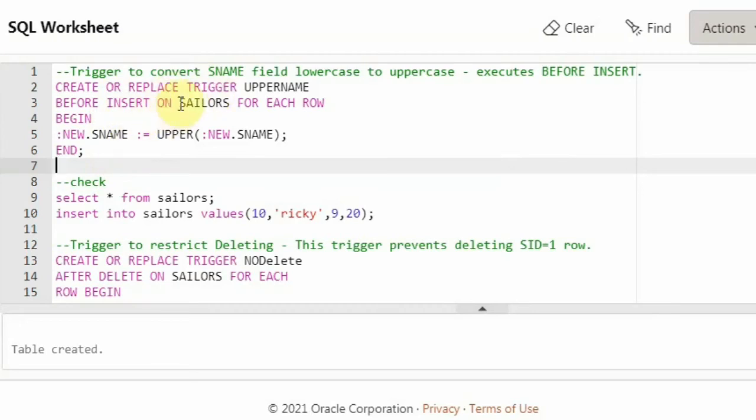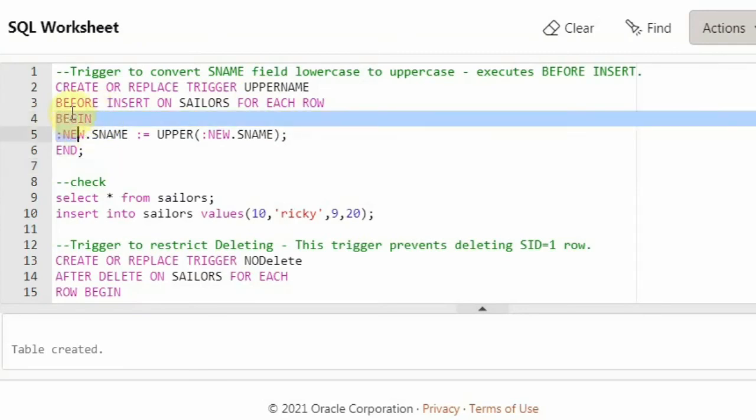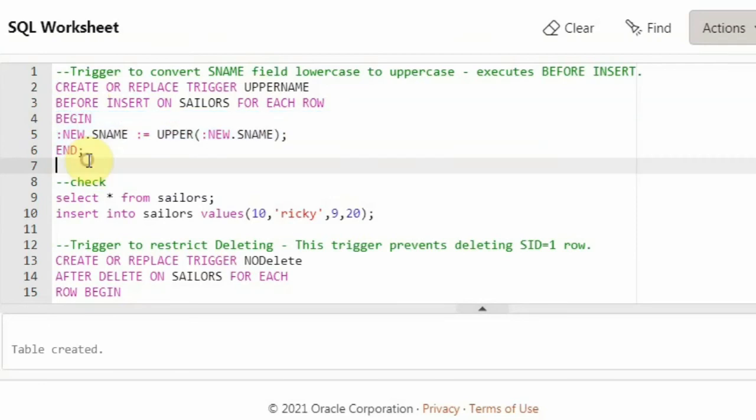And I'm giving this trigger on the sailors table, so I just mentioned on sailors, and I could also mention the column name here, but I don't want to, so I didn't mention for each row. Then I said begin, so this is how you write the PL/SQL query. Inside the query I said begin, and then new.sname is equal to upper(new.sname). Since this is before insert, it means before putting the tuple,